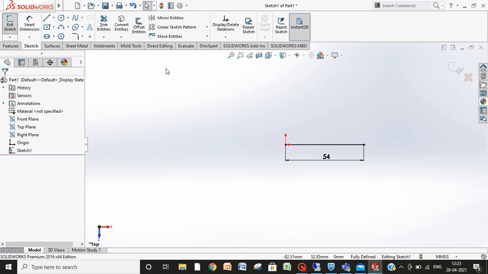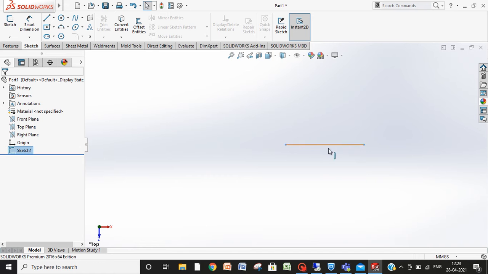When you have completed your sketch in the sketcher, you have to come out of it. This is called exit sketch. By clicking on that, you will be out of the sketch. Now you can use the sketch you have made to convert into 3D.